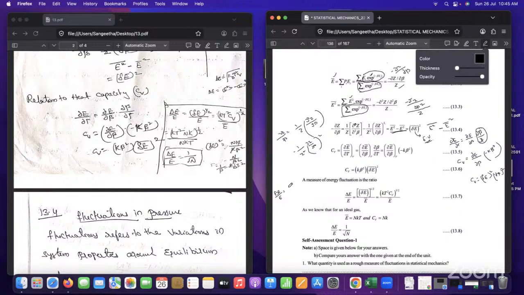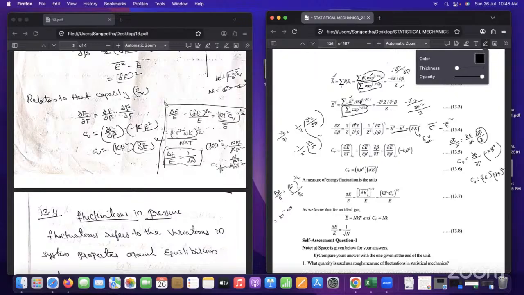What is this delta E by E? Energy variance. What is energy variance? Energy variance is (delta E) whole to the power of 1 by 2, divided by E bar. This (delta E) whole to the power of 1 by 2 can also be expressed as